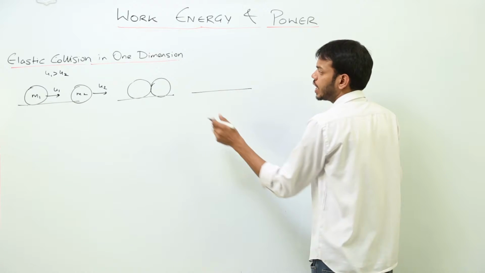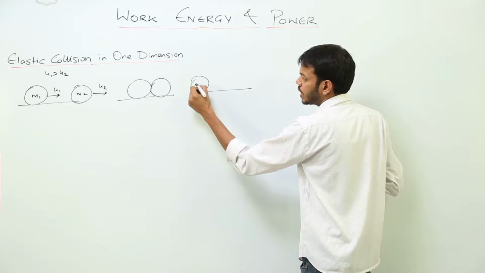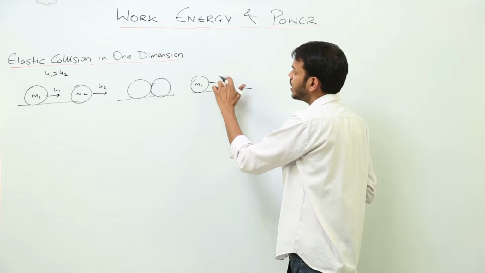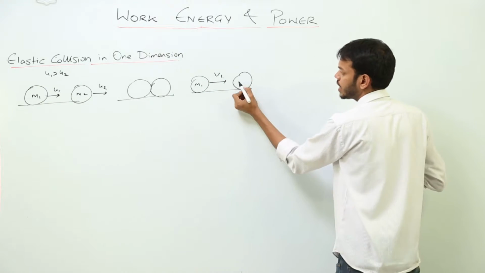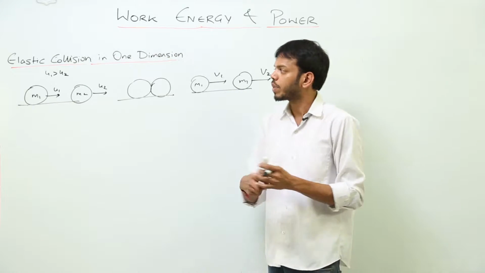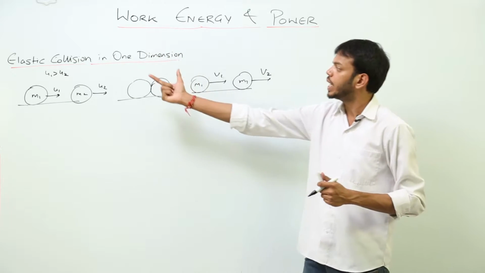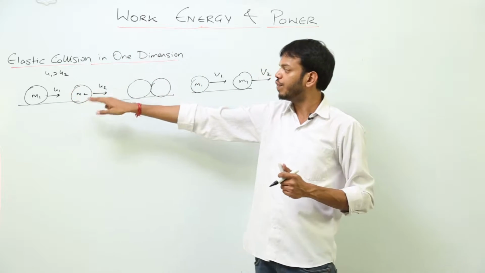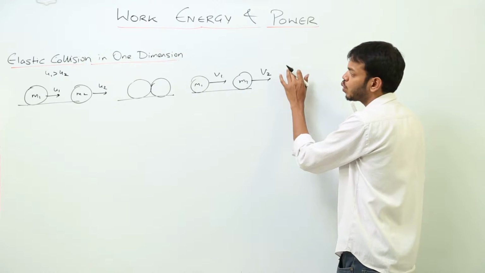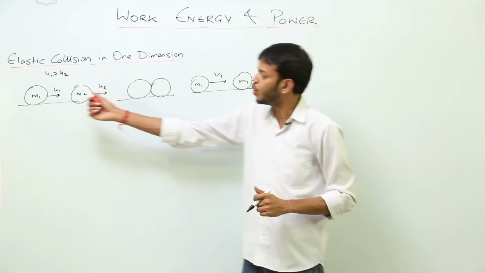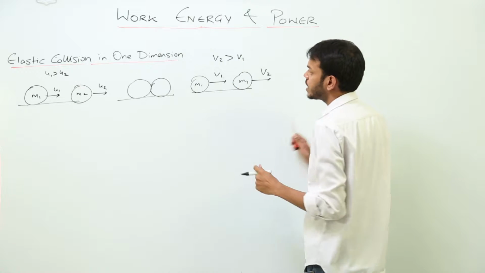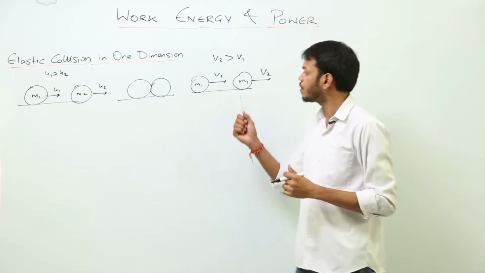And in the last stage, after the collision, what happens? This body m1 is now traveling with final velocity v1, and another body, m2, is now traveling with final velocity v2. So this time, as per elastic collision theory, the energy of body 1 is going to get transferred into energy of body 2. So we will suppose that v2 is going to be greater than v1 because initially u1 was greater than u2, right? So this gives me v2 is greater than v1,